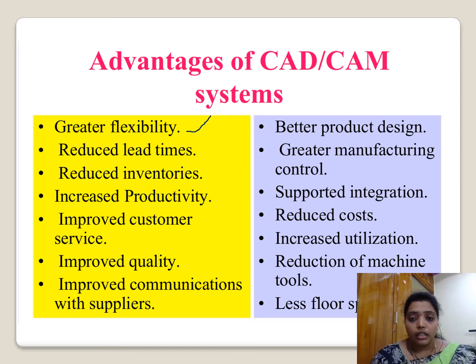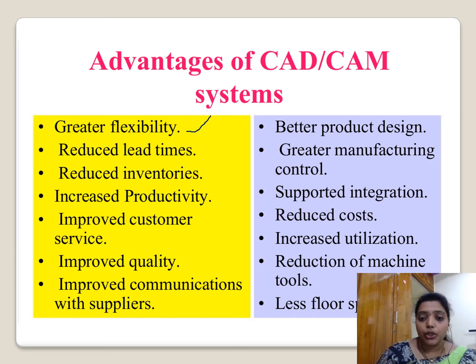The cost of the object will be reduced automatically, because here we are not investing in any manpower. We will not give any daily wages to the customers, not customers, labor charge will be decreased here. Thus the cost can be reduced, and it can be invested in the production only. Automatically production increases, which means the number of objects that can be manufactured increases. Increased utilization. The utilization of the objects can be improved.